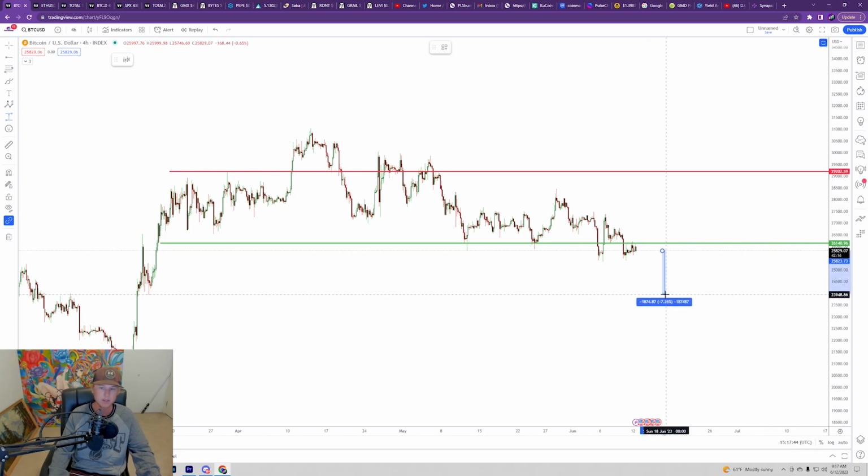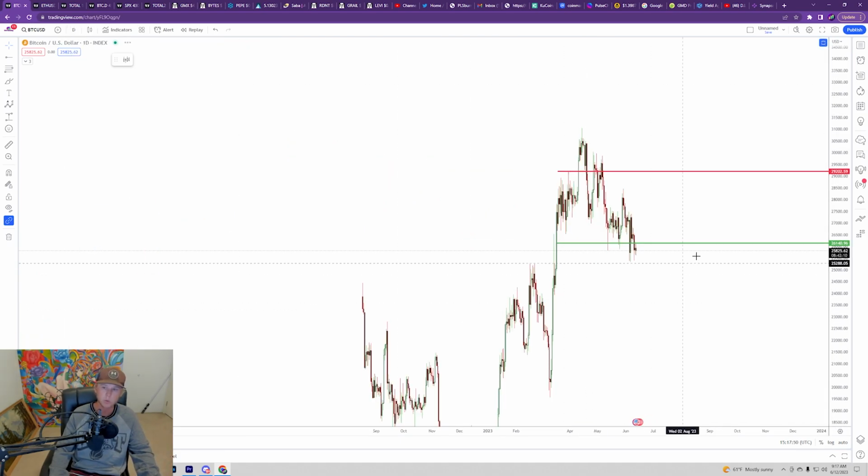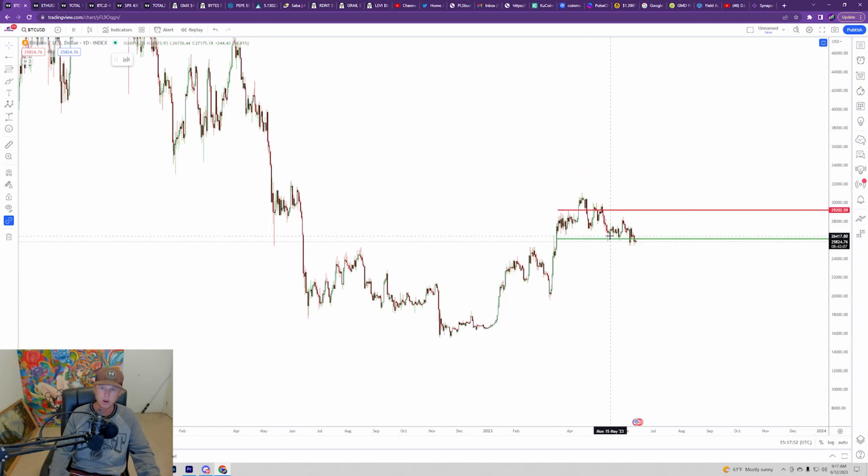You know, you're looking at about another 7% drop for Bitcoin. And we don't even have confirmation that that'll be the bottom yet. So I just want to keep you guys aware of that as we're watching this, as we are actually closing below the support. It's now looking pretty weak, and the potential of us actually making another leg lower is becoming